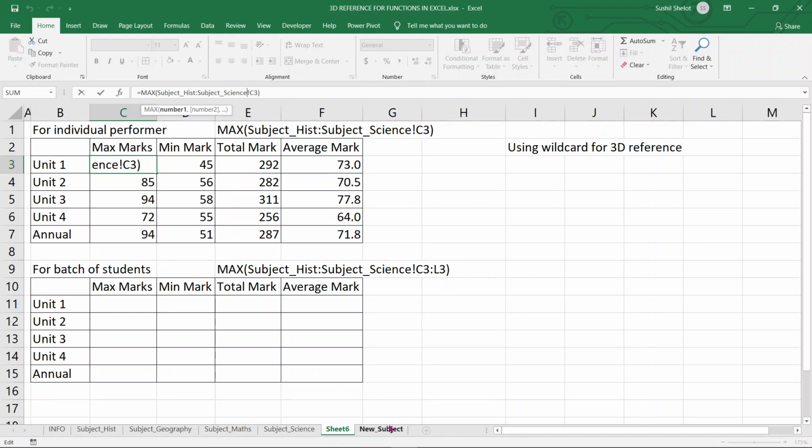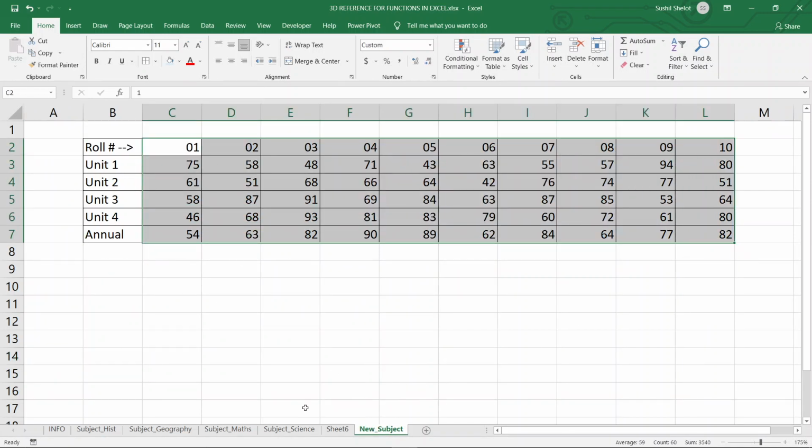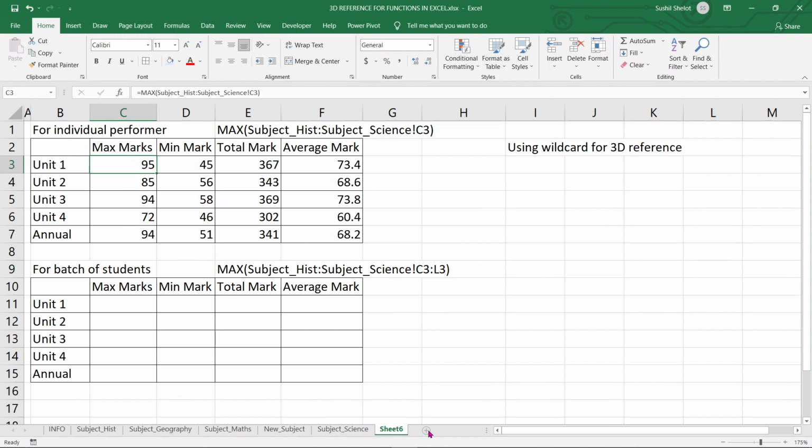So now, as I was telling, if at all some other new worksheet is introduced in between this range of the worksheets, what happens? So now we have got another worksheet here, which is new subject. And in this new subject, if we see, the marks are quoted for this subject again as they were quoted in other worksheets. So now what I'm going to do is I'm going to pull this worksheet in between the other worksheets. So it is now prior to the subject science worksheet,